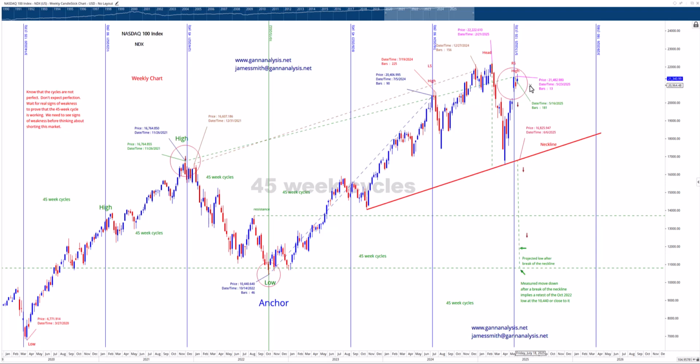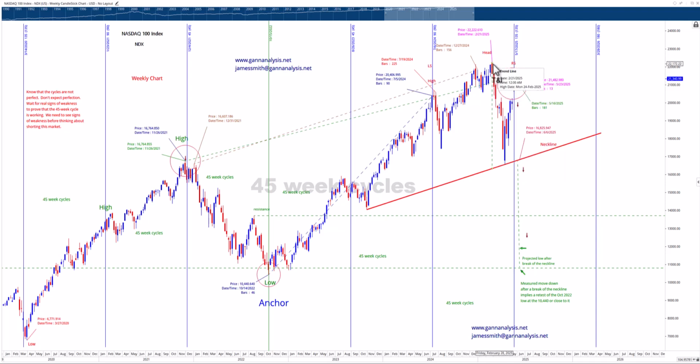And the last time I showed you the 45-week cycle, today I would like to show you from the high of, it was actually February 19th, was the 5-year anniversary of high. Remember the COVID high? February 19th, 5 years later, a high. Well, guess what? That 5-year anniversary of high is important. To me, that suggests that this is an important high. When things start vibrating to the different cycles for GAN, there's something important going on.